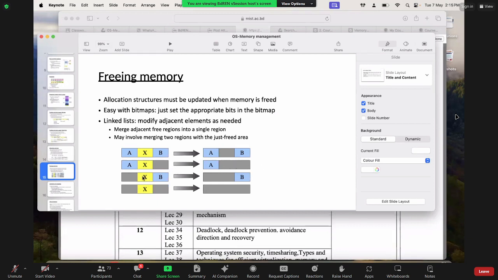The third case is again X is running, B is also running, but on this side these two are almost one and the same. You notice here, two or multiple processes are running, and at one end there is a complete block of memory.